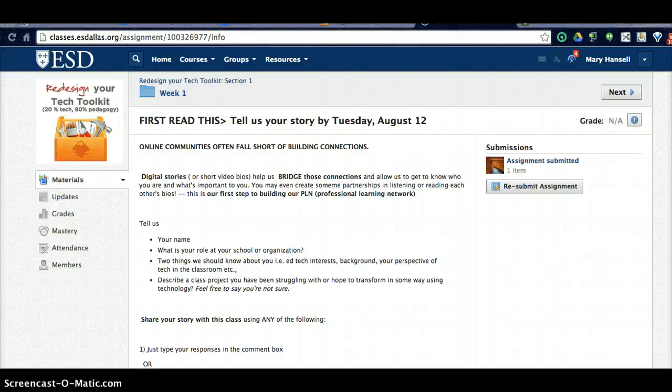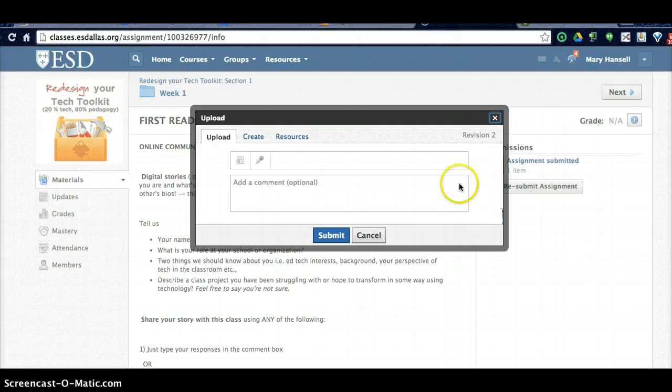Something that's come up with lots of teachers is helping their students to submit documents. When you're in an assignment, and this is just a sample class, sample assignment, and you go to submissions, your students can actually, I'm going to click on resubmit, but they can actually submit an assignment that allows them then to use different formats. Now you'll notice they have a way to attach a file, but they also have a